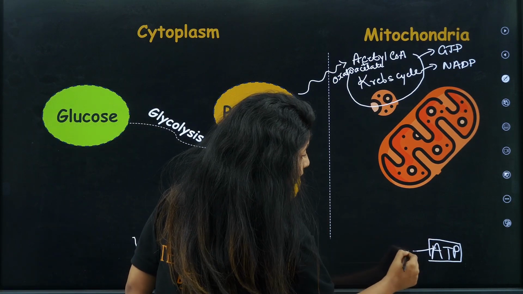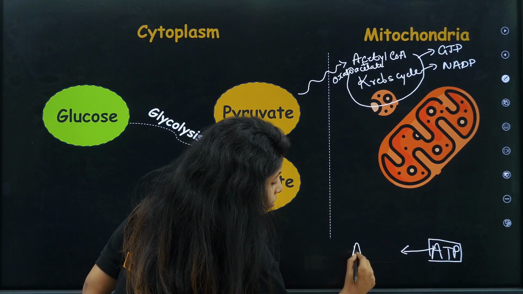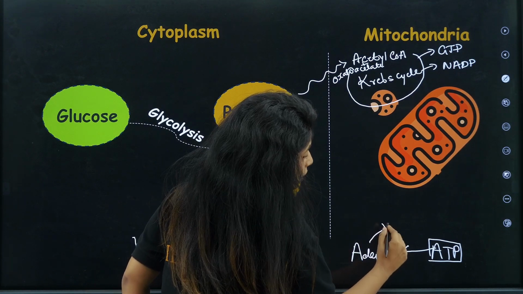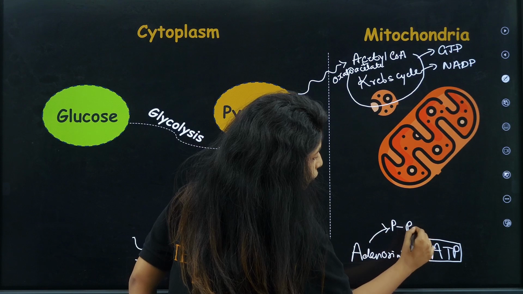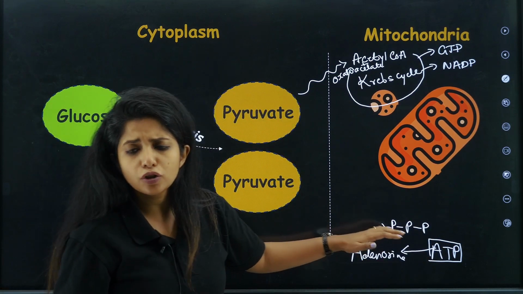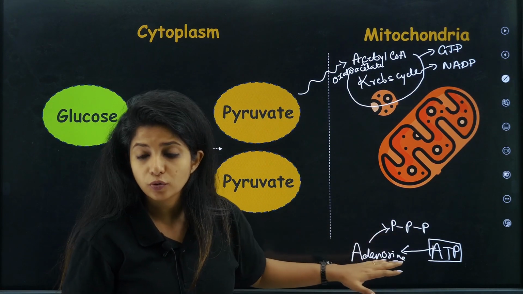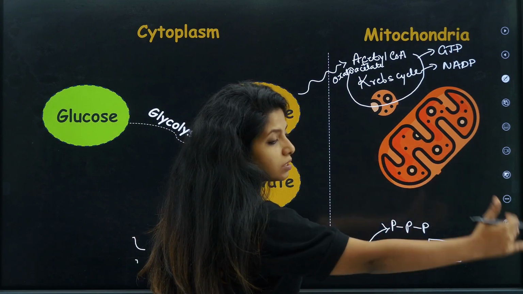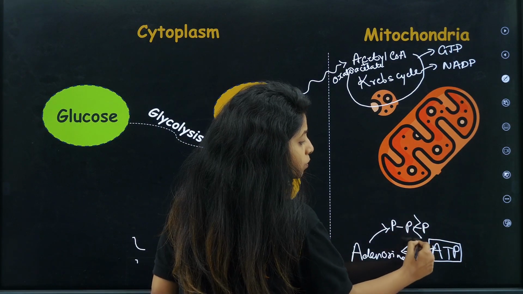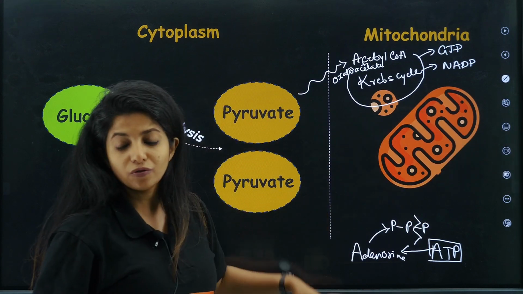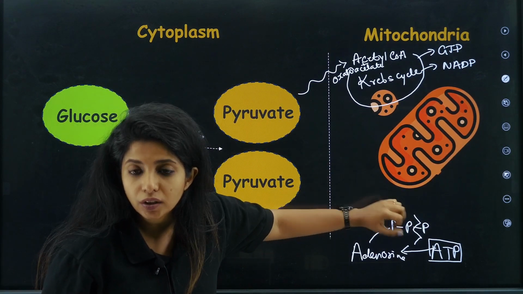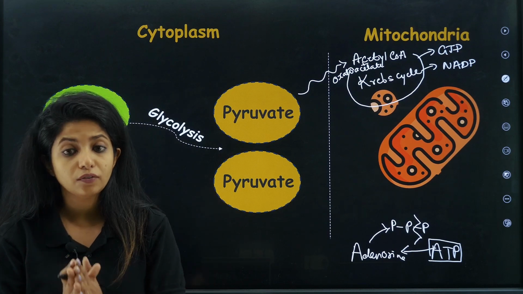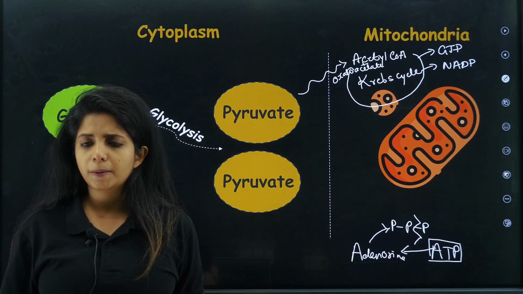Basically, ATP stands for adenosine triphosphate. So there is adenosine sugar, or basically a nucleotide, and adenosine has 3 phosphate molecules attached to it, and there is a huge amount of energy stored in the phosphate bonds, which is over here. So when this molecule is used in a certain reaction, it breaks down its bond and releases all the energy. So we say that all its energy is stored in the bond, which is why we say that this particular molecule is the energy currency of the cell. You need this for any chemical reaction to happen.